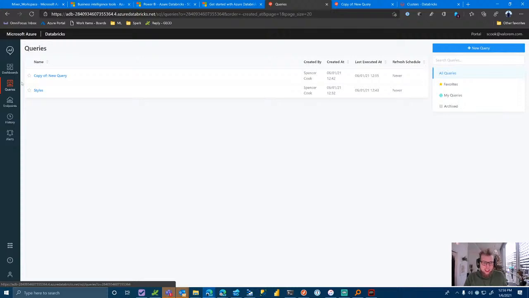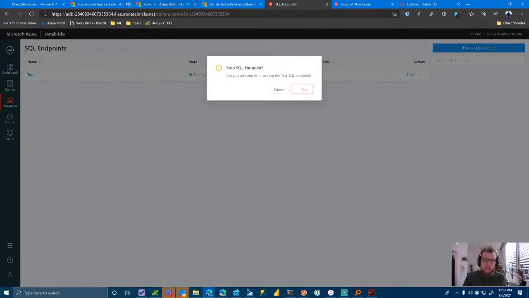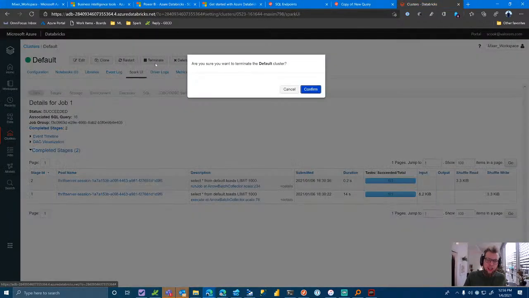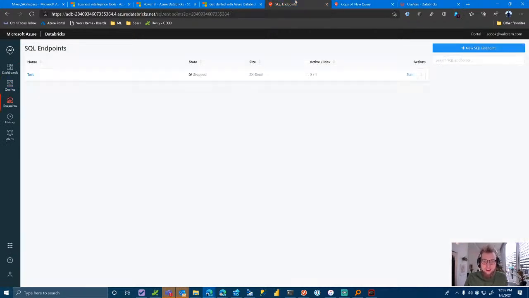Okay, I think that gives us enough to get started. I'm going to go ahead and stop the endpoint and the cluster, and then I'll call it a stream there. Next time we'll dig into some of the alerts and maybe try converting the Untappd Power BI over to using the SQL endpoint instead. And we'll also talk a little bit more about